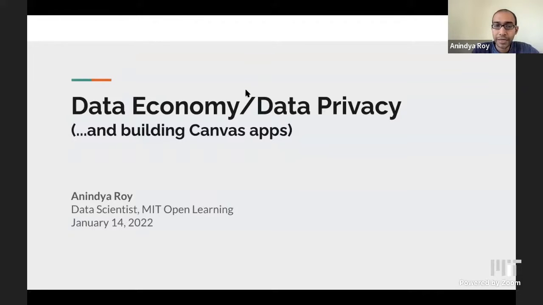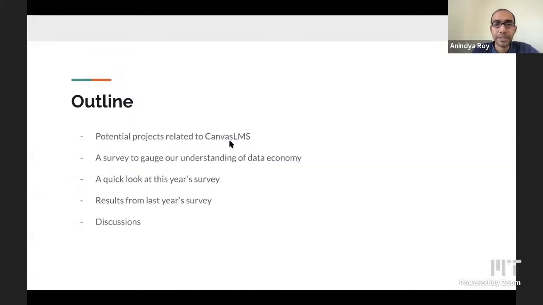So today we are going to talk about a bunch of related things. We are going to start with Canvas LMS and building apps on that platform. It's an LMS that MIT has adopted as an entire institute in 2020 after the pandemic hit. But Sloan School of Management started using that, I think, in 2017. So as an institute, we have some experience of using it, but it's still pretty fresh. It's still pretty new. And we want you to encourage using that and building stuff on that. So that's one part of it.